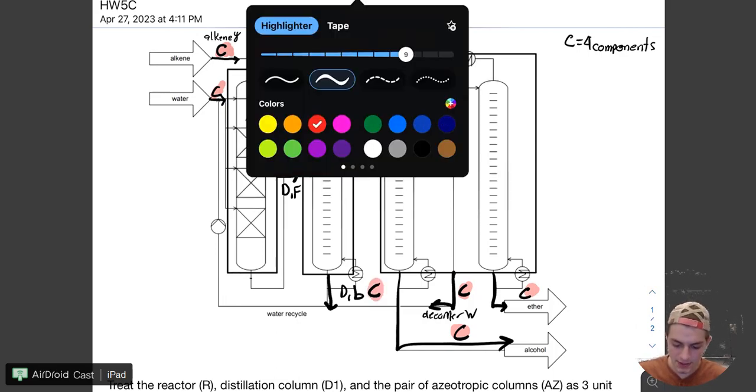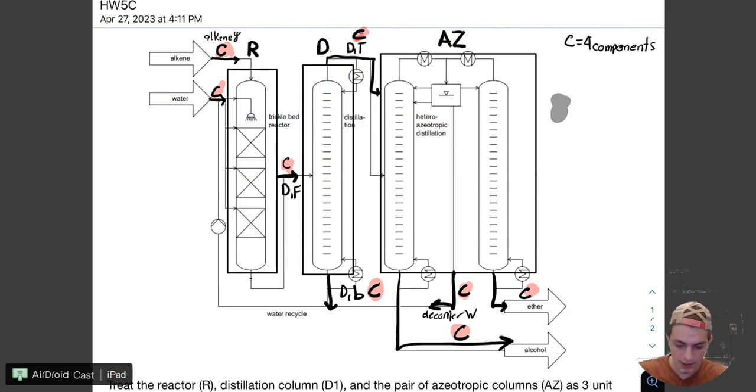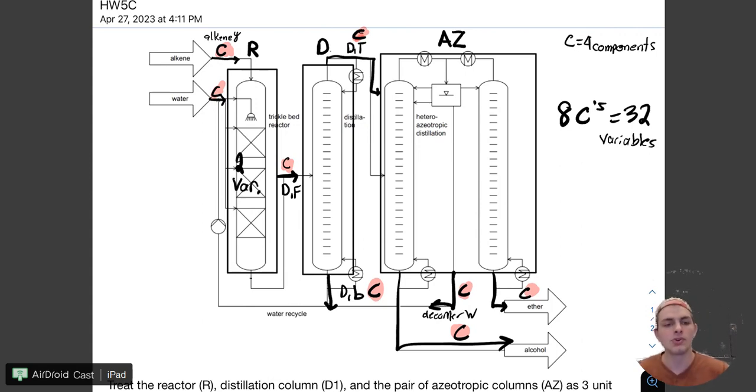So I have 8 C's, which will be 32 different variables. And then I also have 2 variables associated with the reactor in here, and this is due to the fact